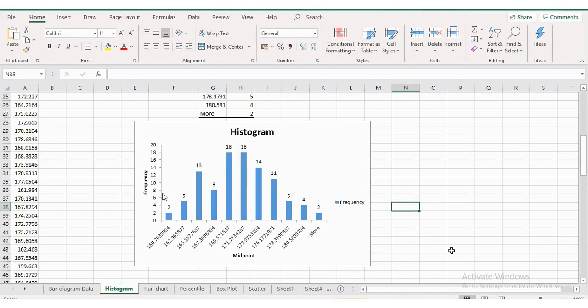So there is one book they found, and this archaeology department is not sure who has written this book, but they are sure that it was written by one of these persons. Now they want to find who has written this book. How can you do that? Histogram is the tool which is going to solve this problem. How is it going to solve this problem? Let us see.